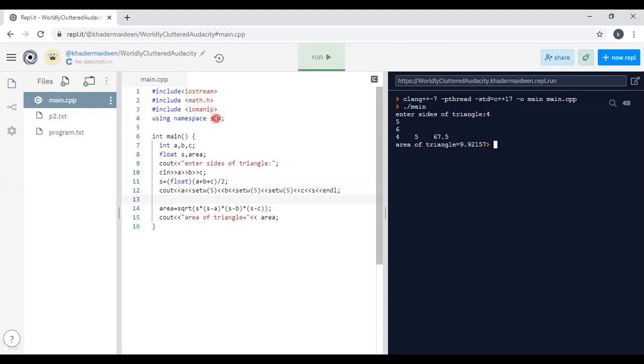If you want to use the printf and scanf functions, then you have to include stdio.h. That is also accepted by C++, whereas iostream is not available in C. So that is why we say C++ is a superset.